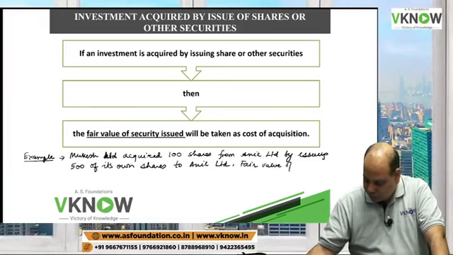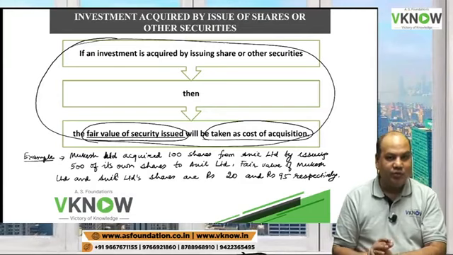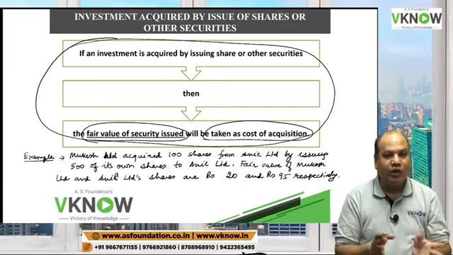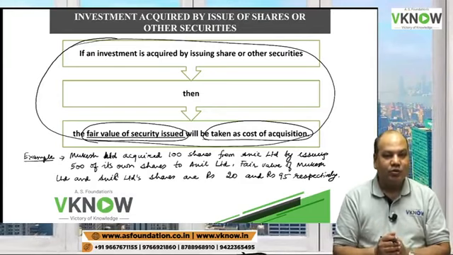Somebody is using his own standard. Some student has written his own accounting standard. That is your standard, dear student. Students' AS, not Ind AS. Ind AS has written fair value of security issued is the cost of acquisition. Student AS says whichever is more clearly evident, which is not printed here. Kindly check your book. So this is the example.